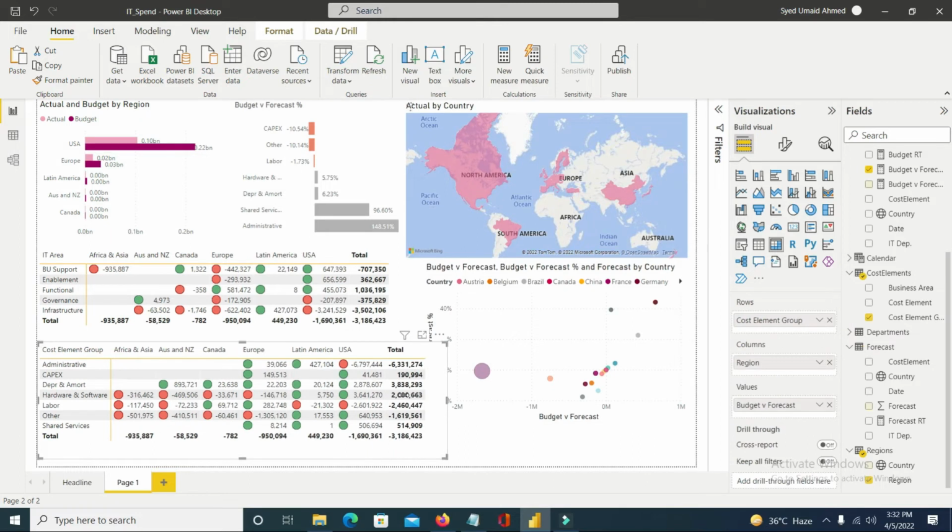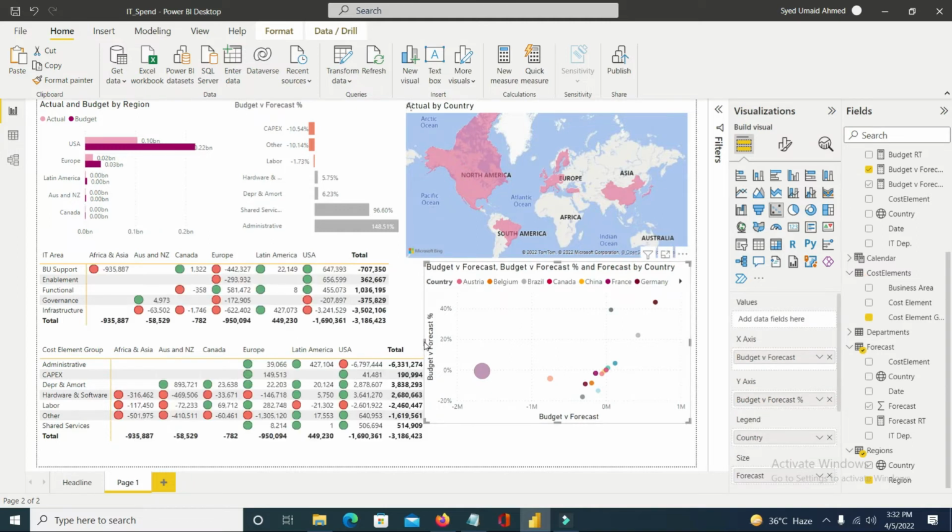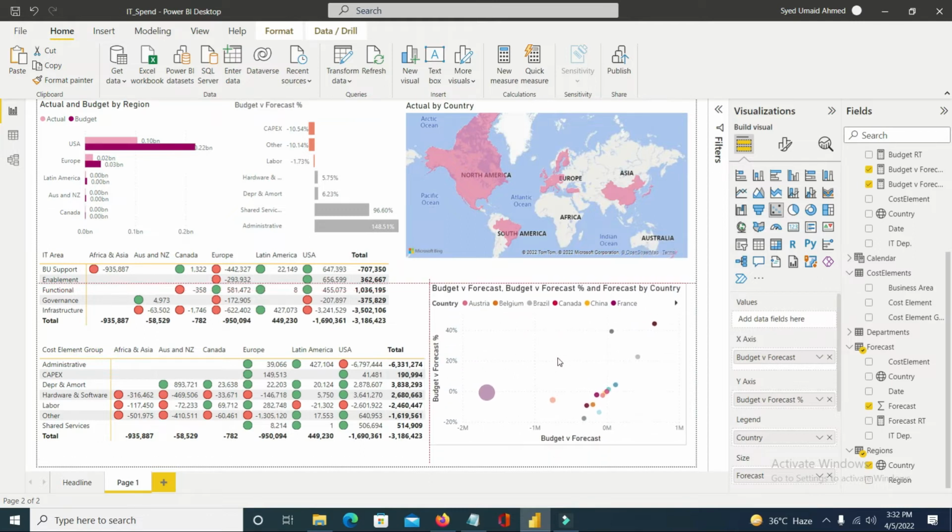So let me reduce the size of this so I can see all of the things clearly. So this would be enough, and let me reduce the size of this to the axis as well and adjust it to some place. So I have added the scatter chart as well, and now the last thing to do is to make a new page, and I